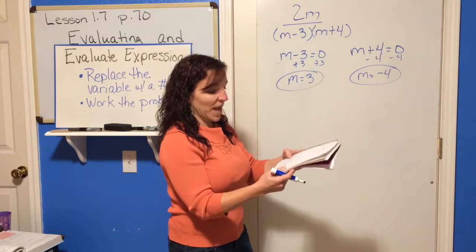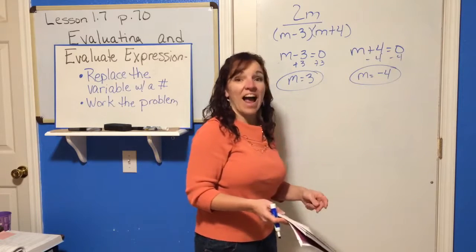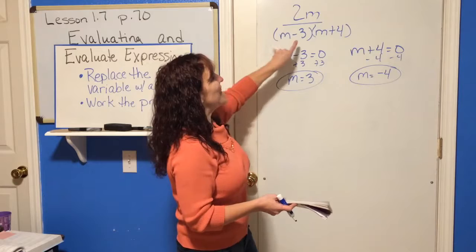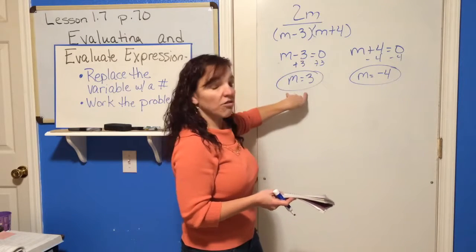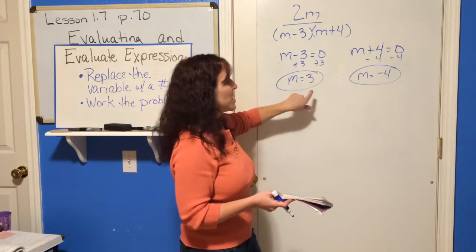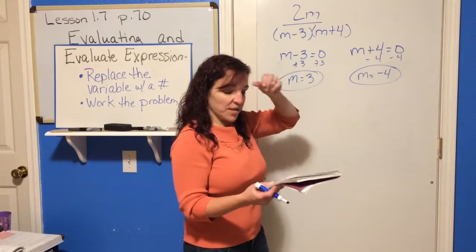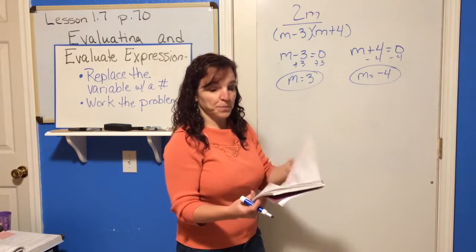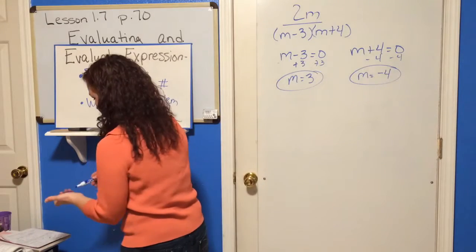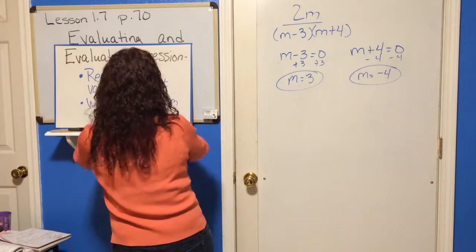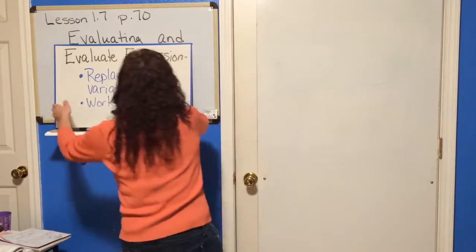So the problem will say, determine the value that can cause the expression to be undefined. So what you're going to do is set each factor equal to 0 and solve. And those are your answers. At 3 and at negative 4 is where this expression is undefined and there is no answer. All right, moving along. I tell you what, when we do it this way, we go a lot faster. The next thing we're going to discuss is when we're